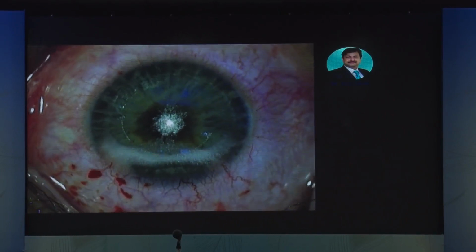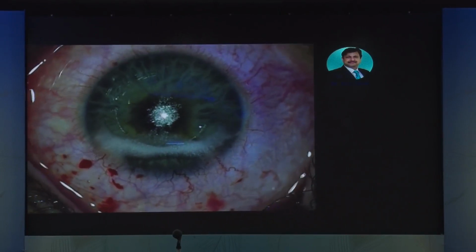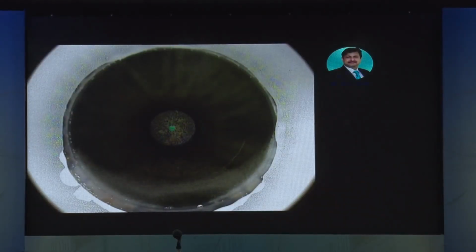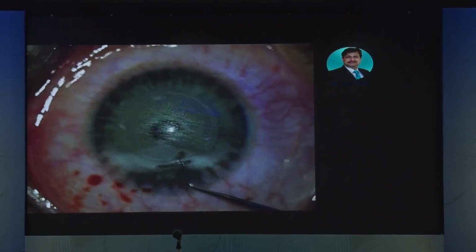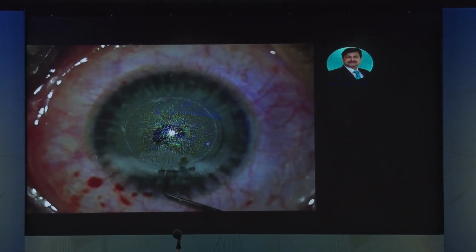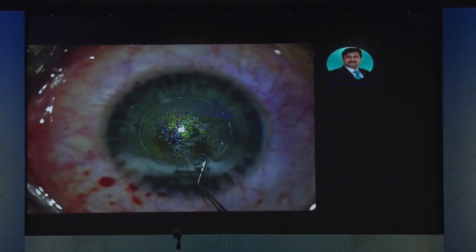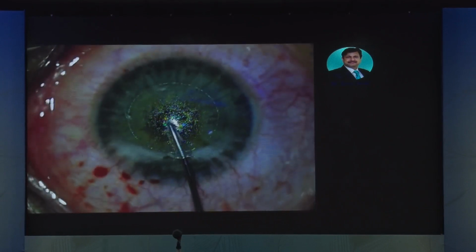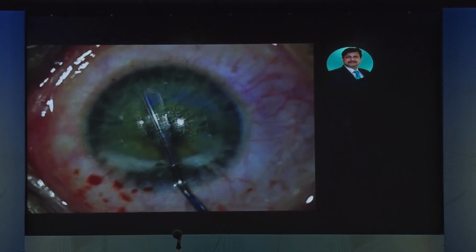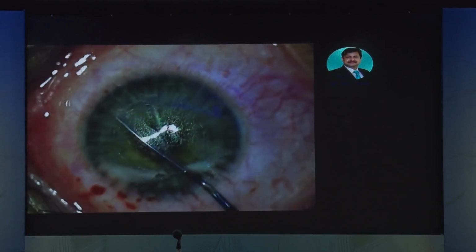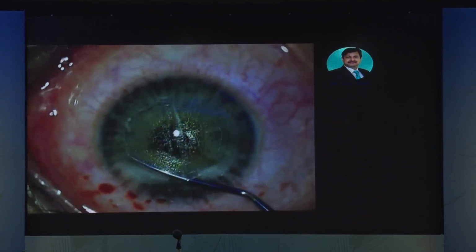So before the flap side cut could happen, the vacuum loss occurred. So I need to clear the central gas bubbles and redock the patient. So that is what I am doing here. And then it begins from the flap cut and then the flap side cut. If you would have watched carefully, even in the second stage, the patient did a zap movement. So where the flap cut couldn't happen properly, I had just this nearly 1.8 or 2 millimeter incision through which I'm trying to fashion away the lenticule.